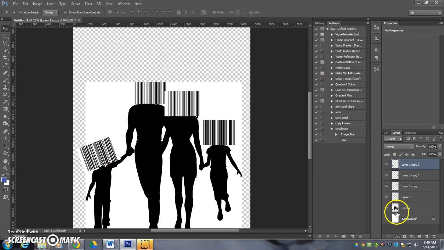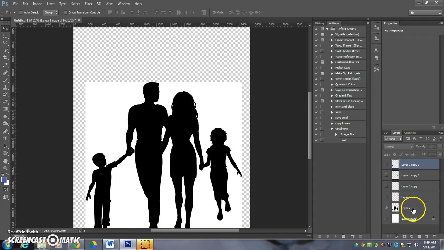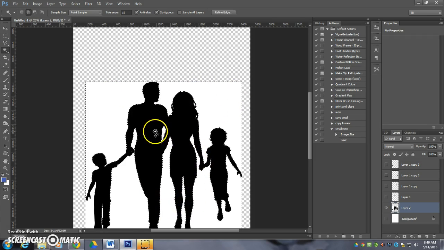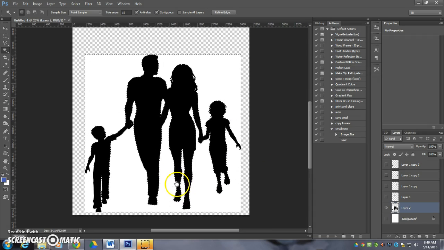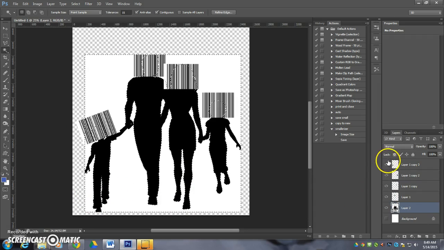Okay, now I'm going to hide those, click on my black and white layer here, and I'm going to go to the magic wand tool, and I could click all these areas by holding down shift. It works out pretty well. Takes me a little time to get in between the hair there. That actually works pretty good. So I click all the white areas. I'm going to turn on my layer with the barcodes, and one by one I'm just going to hit delete,